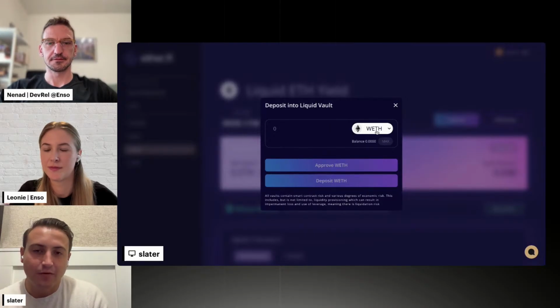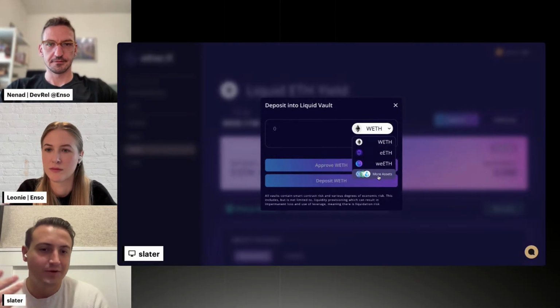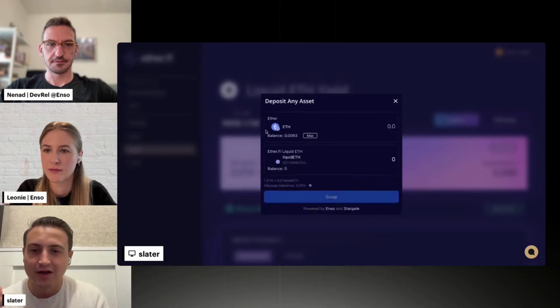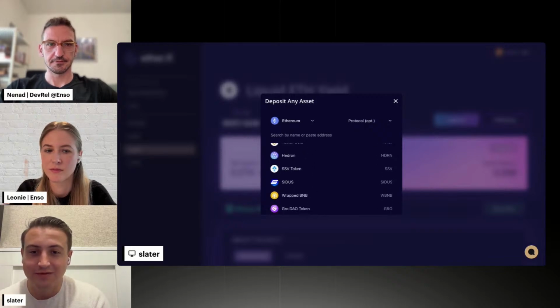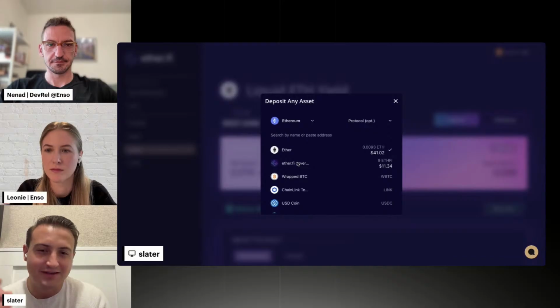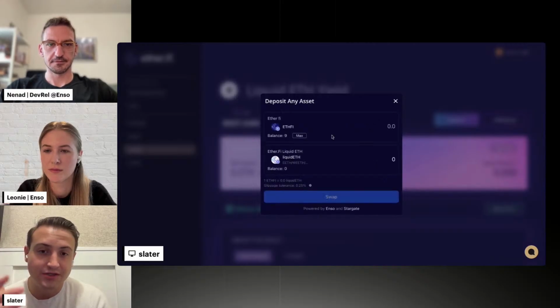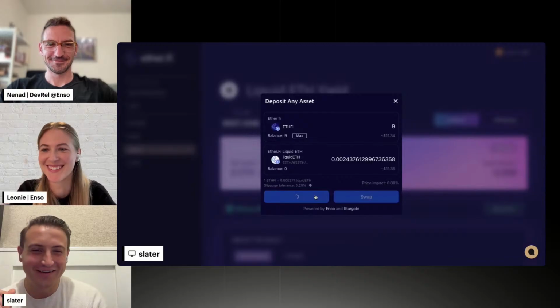Basically, before you'd only be able to deposit ETH on a certain network, and now you can just click more assets, and all of a sudden it'll load pretty much everything that's in your wallet. And so you could literally take any of these assets. There's hundreds, thousands of them on any network that you have them on. Right now, I just have assets in this test wallet on Ethereum, and so I'm going to use Etherfi, our governance token, for the example here. But yeah, pretty cool. You can just choose whatever you want. We're going to use all 9 of my Etherfi. Typically, I wouldn't be a seller, but for the demo, I'll sell 9 of them.